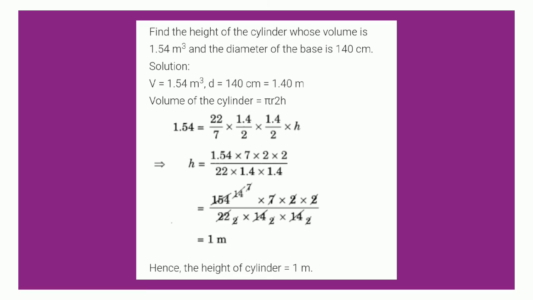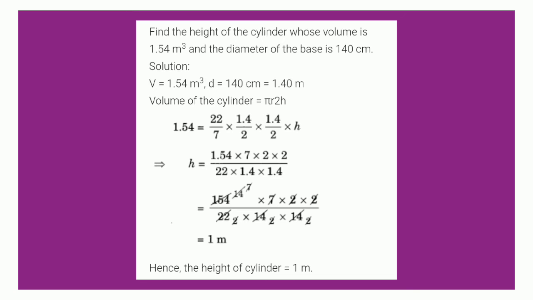So we have to convert one unit to the other, or we need to make these two units the same. And also we have to find the height of the cylinder, that is small letter h, and volume is given, and diameter is given. Half of diameter is equal to radius. So radius is given, and we need to find the height of the cylinder.